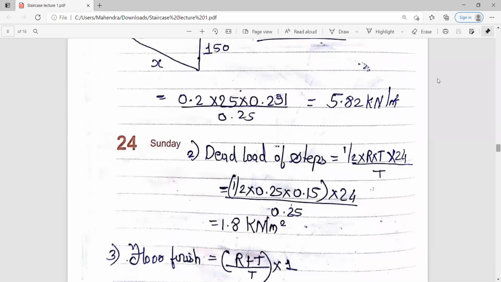Now the formula to calculate the dead load of steps. So for calculating the dead load for steps, again you are having the formula, that is 1/2 into rise into tread into 24 by T. So 1/2 into again tread, width of tread is 0.25. Then for rise